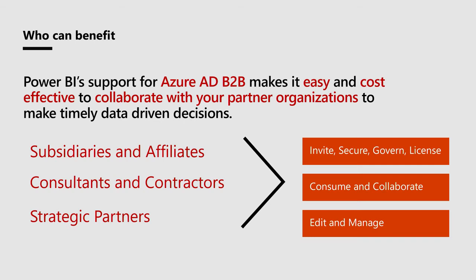And then strategic partners. It turns out in many industries, whether it's oil and gas, whether it's healthcare, you name it, there are providers of facilities, for example, and then there are providers of services. So in a typical hospital scenario, you might imagine there's a hospital that has an operating room. But there's 100 surgeons, each with their own independent practice, that need the ability to see analytics of how they're doing when they're operating in that room. Well, this kind of capability gives you quick and easy, secure ways to give that data and analytics out to those core constituents in a very easy to manage way.